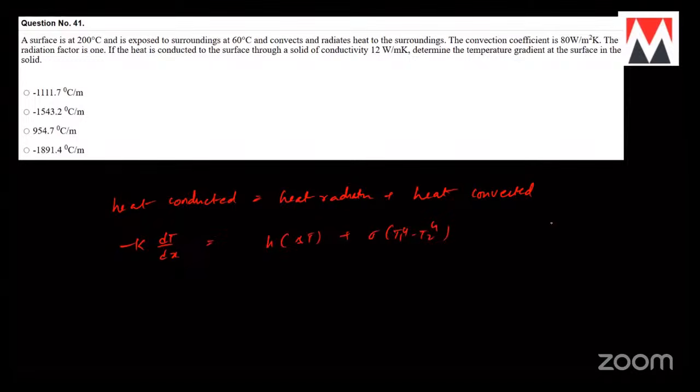Any same kind of temperature flow will be in the same way, right? Okay. Now what do you have? So I have 80 into (200 minus 60) plus sigma, which is 5.67 into